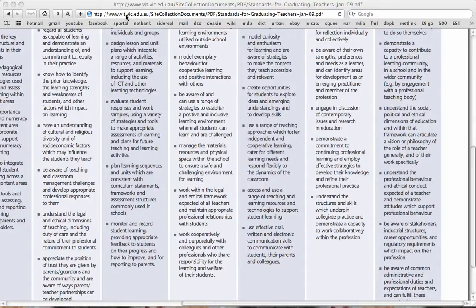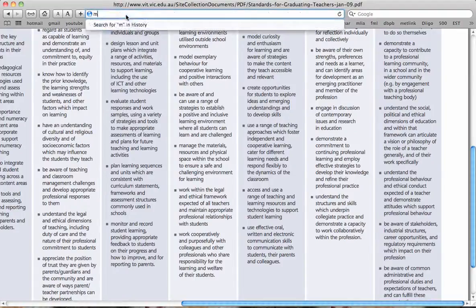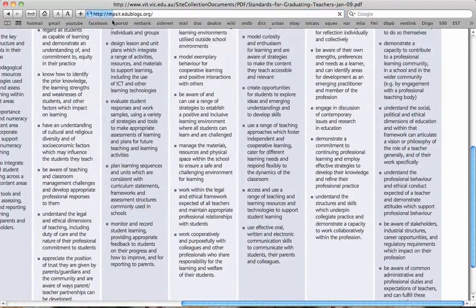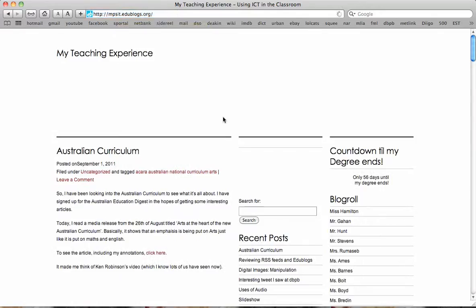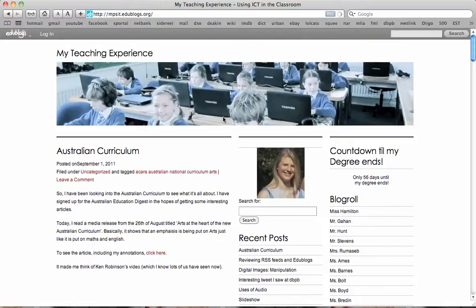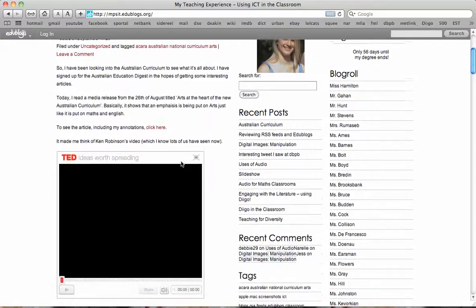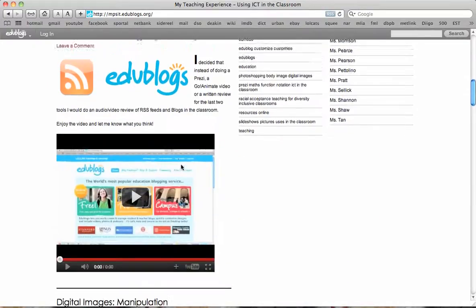So the first thing I'm looking at doing is creating a blog, which I've already started. It's at mpsit.edublogs.org, and it looks something like this. And throughout I've got little ideas of things you can do in the classroom with technology,